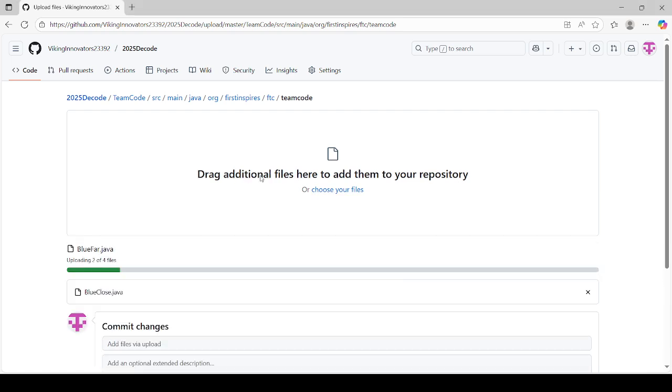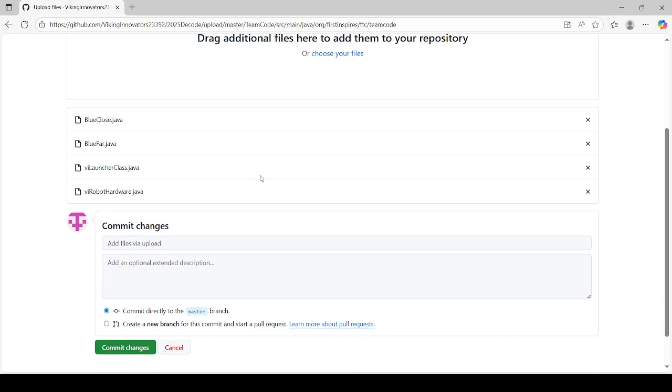In this update, we have made a small but important change to our intake and thrower subsystems. Instead of using set power, we're now using set velocity. This makes the motors more consistent. Set velocity controls speed in ticks per second, which helps the intake and thrower run smoothly even when the battery